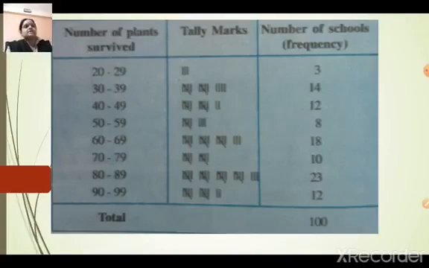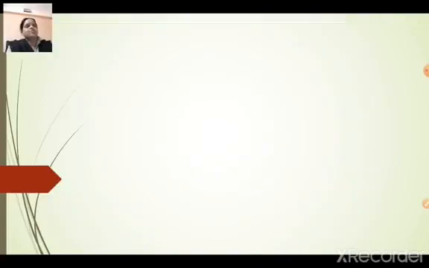So we will solve the sums this way in our exercise 14.2, in which they will give you the data. You have to draw these 3 columns. First one is for classes, second one for tally marks, and the third one for frequency. And all of you know this marking of tally marks. What we used to do: 4 straight lines for the 4 values, and the 5th one we will write as a cross line. This you have already done in 8th standard, so all of you know that.